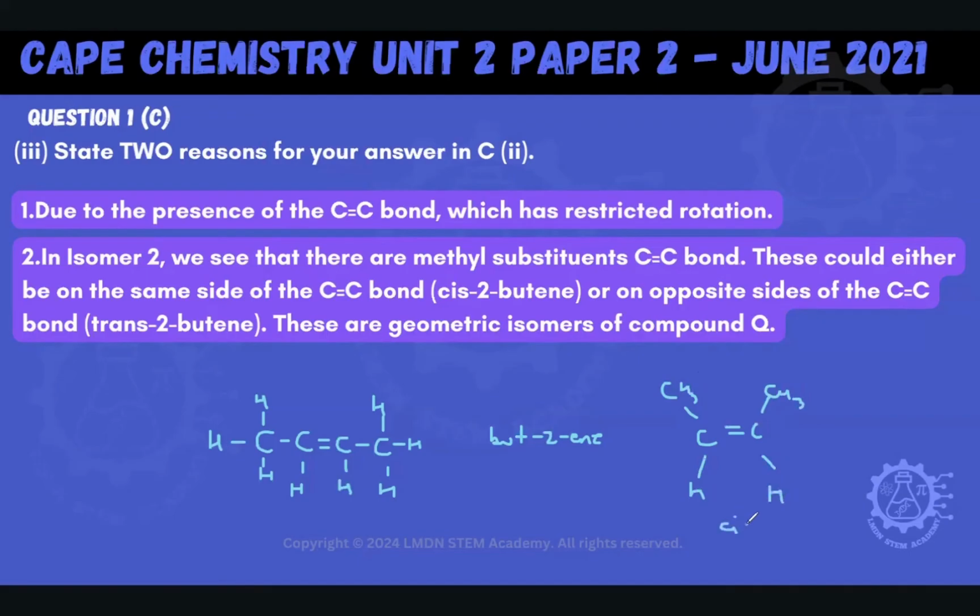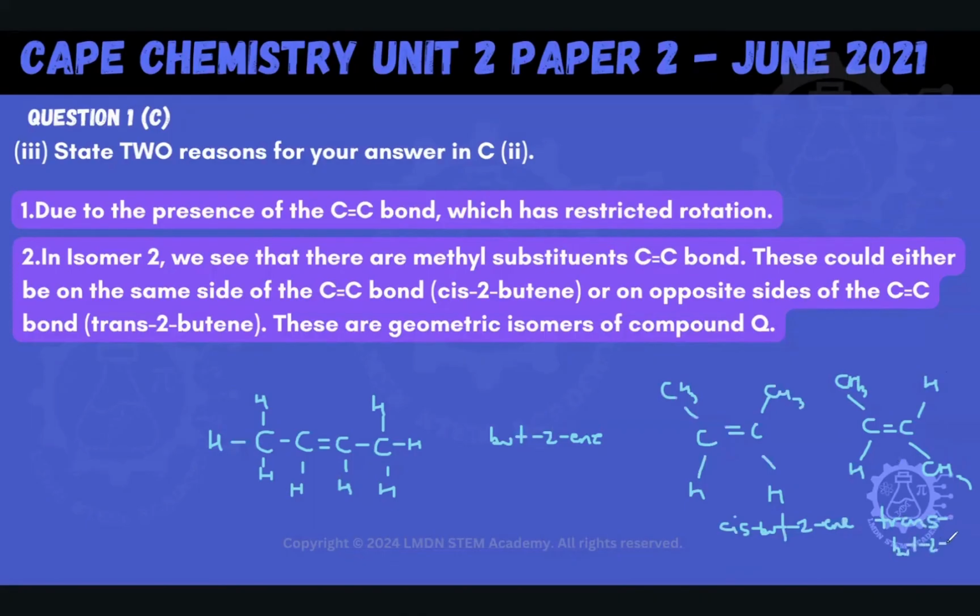And that would be cis-but-2-ene. Or I could have the methyl substituents being on opposite sides of the carbon-carbon double bond. So I could have one right there, and then I could have another one down there. So you see how they're like transverse, like opposite? All right. And then I'll put back the H and put back the H. So when it's transverse like that or on opposite sides, we say that that's a trans isomer. So that's trans